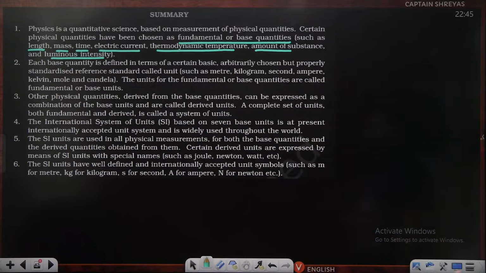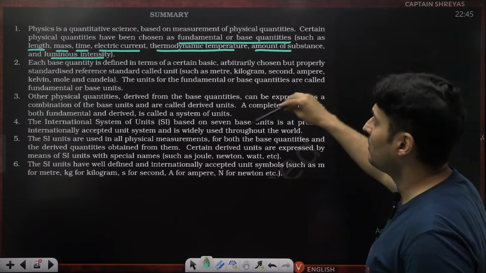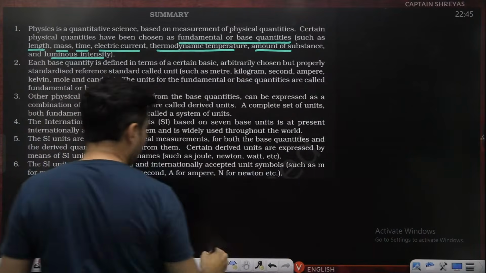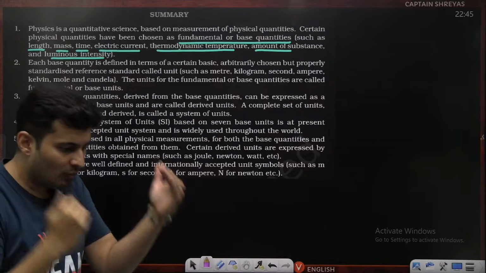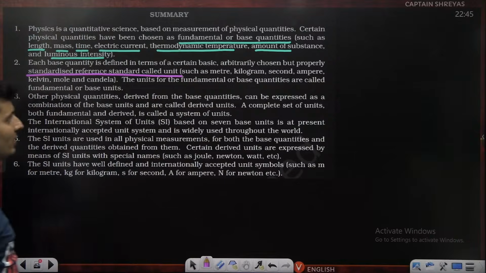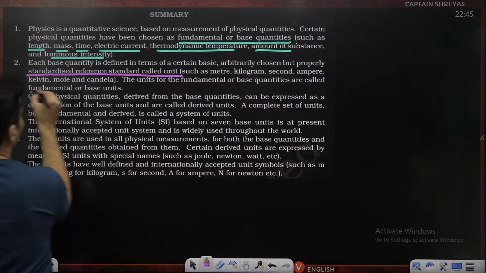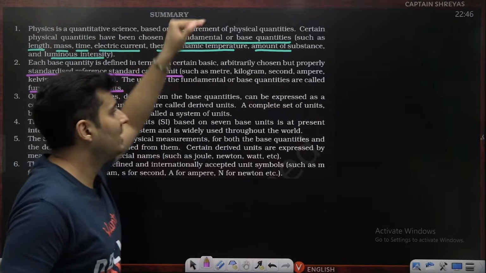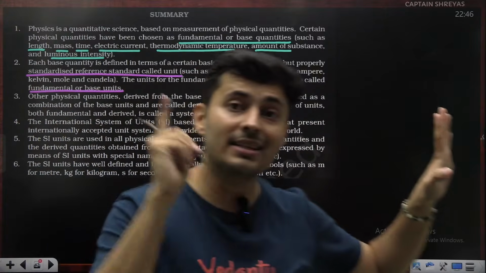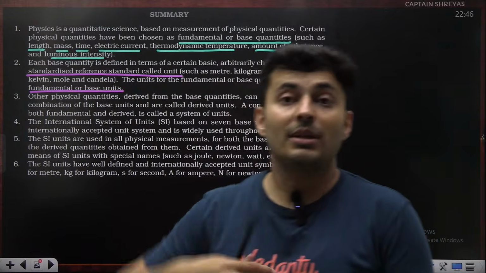So you can measure all these basic quantities in terms of a standardized reference called a unit. So remember, a standard reference is always called a unit. So when I say meter, I know what a meter is everywhere, universally accepted. So standardized references are called units, and the units of the fundamental or base quantities are called fundamental units. So you measure temperature in Kelvin, not in Celsius. The fundamental unit of temperature is Kelvin. Celsius is a unit, but not a fundamental unit. It is a different unit.